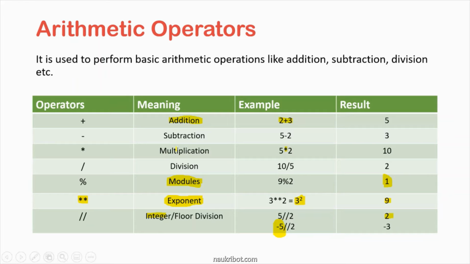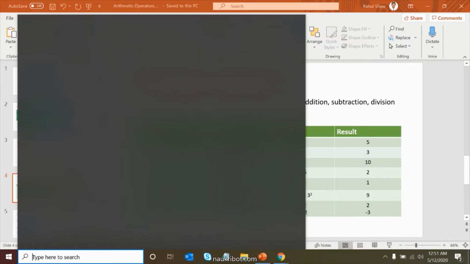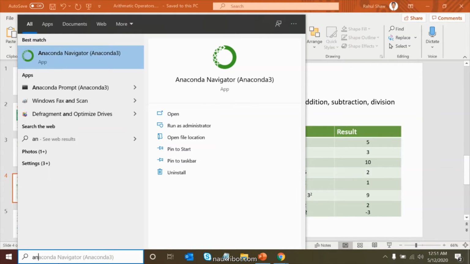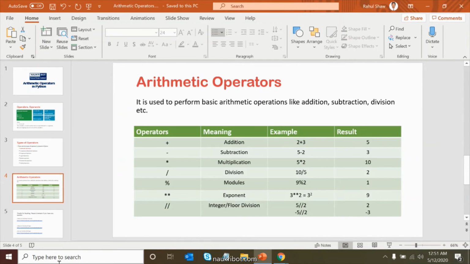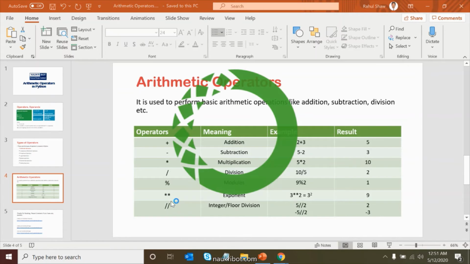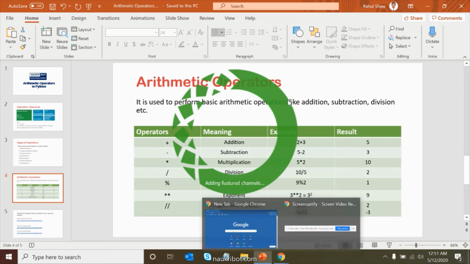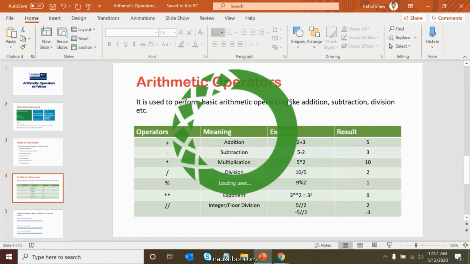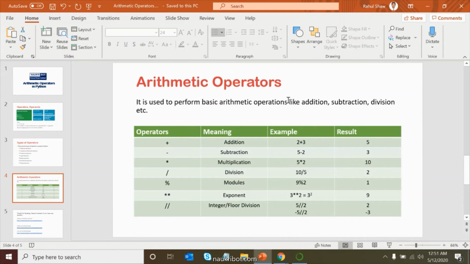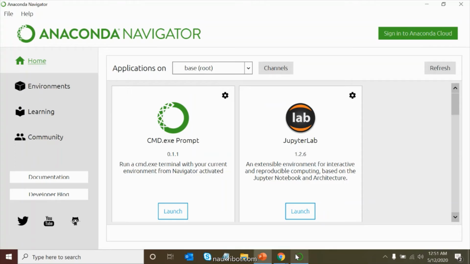First of all, I will start Python. I told you already that we are using Anaconda Navigator, so I'll start Anaconda Navigator now. It's loading. Okay, now it has started.